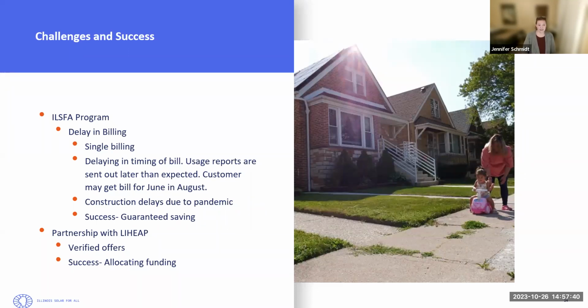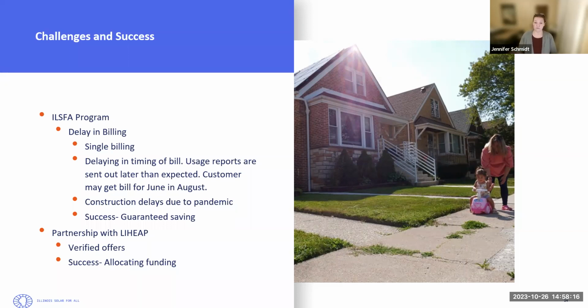We've had some delays and some issues with the utility billing, just some coordination issues between the utility and letting the approved vendors know about their credits. So that's been some challenges. And then we've also had some delays in implementation of a single billing system in Illinois. Single billing, when we say that, is the utility being able to charge the customer for their community solar subscription, rather than the community solar project billing the customer separately. We found that there's been some confusion with customers that have to deal with 2 bills.